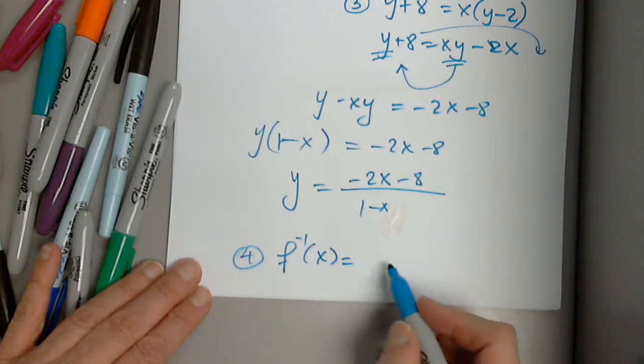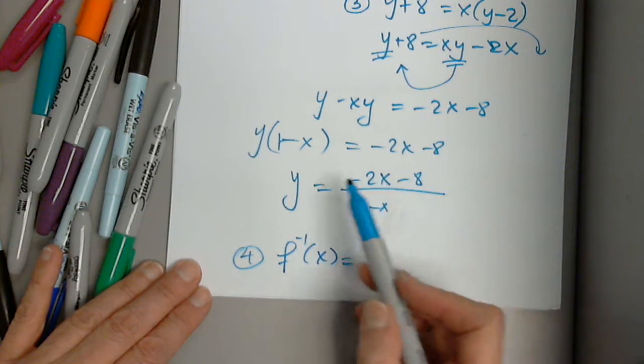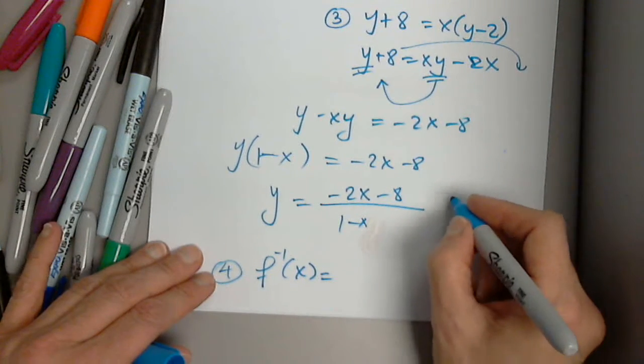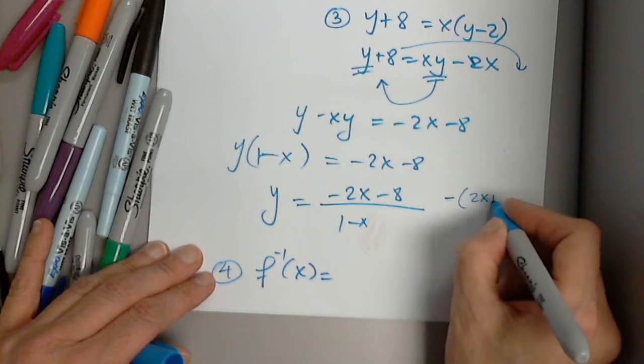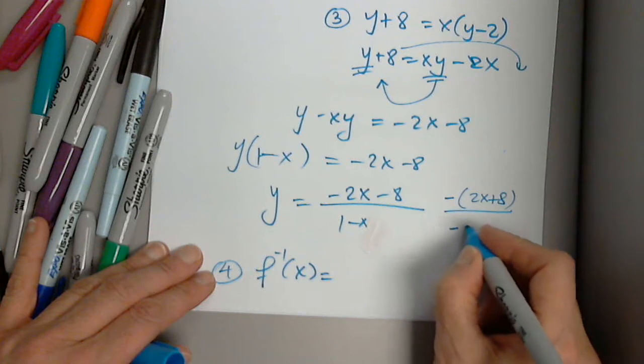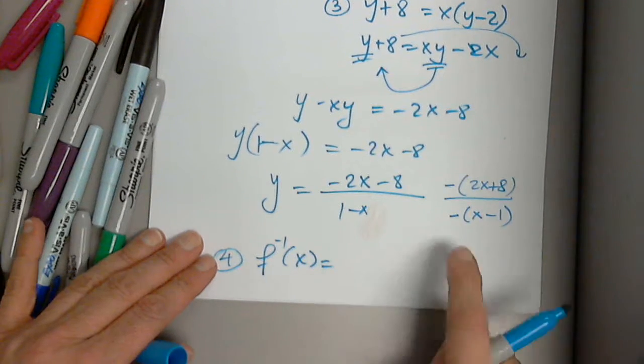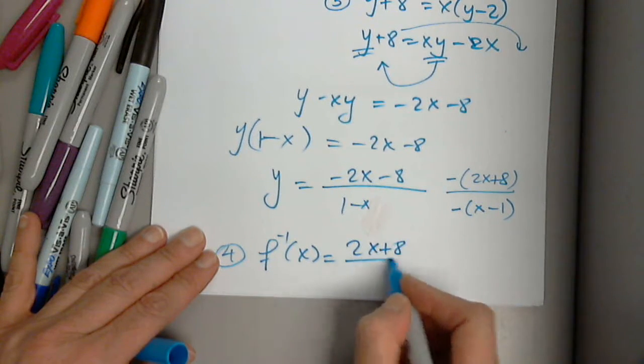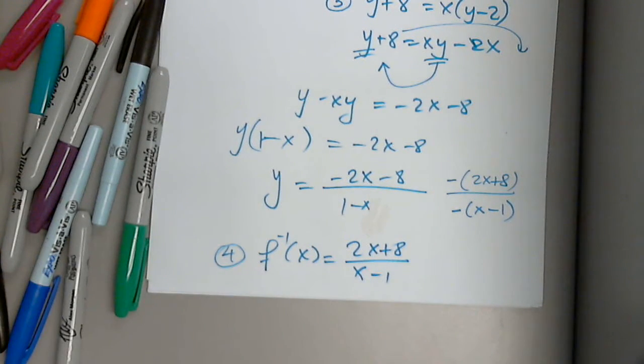That's it, f inverse. So I could factor out -1 at the top and factor out the -1 at the bottom. So that would be the nicest thing to do, like this. Remember, descending order, I keep saying that all the time: -x plus 1 over -x... This is the nicest form. So if you factor out the negatives, you don't have to put them in the inverse? Because I factor out from the top,